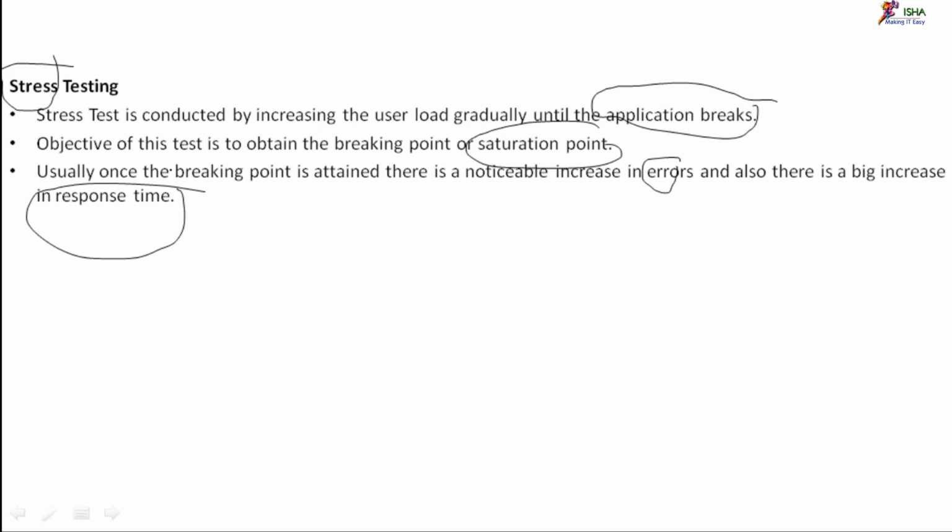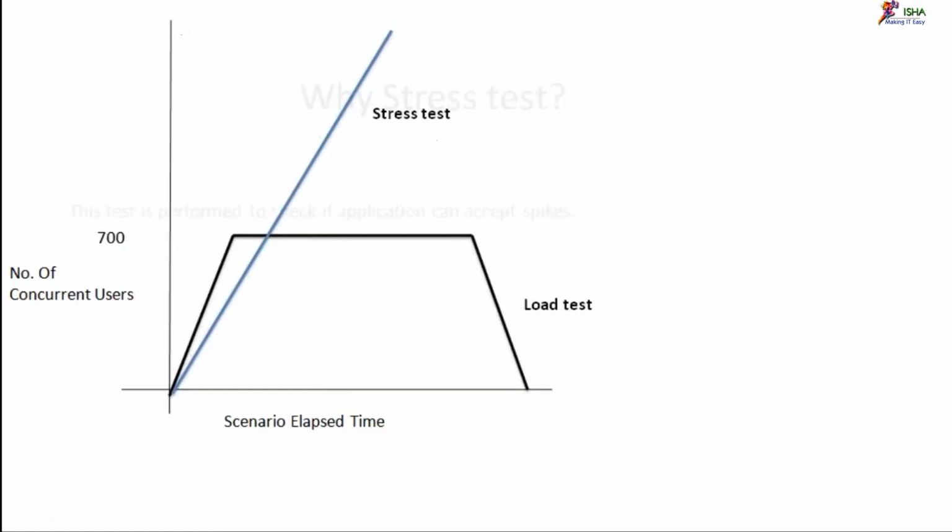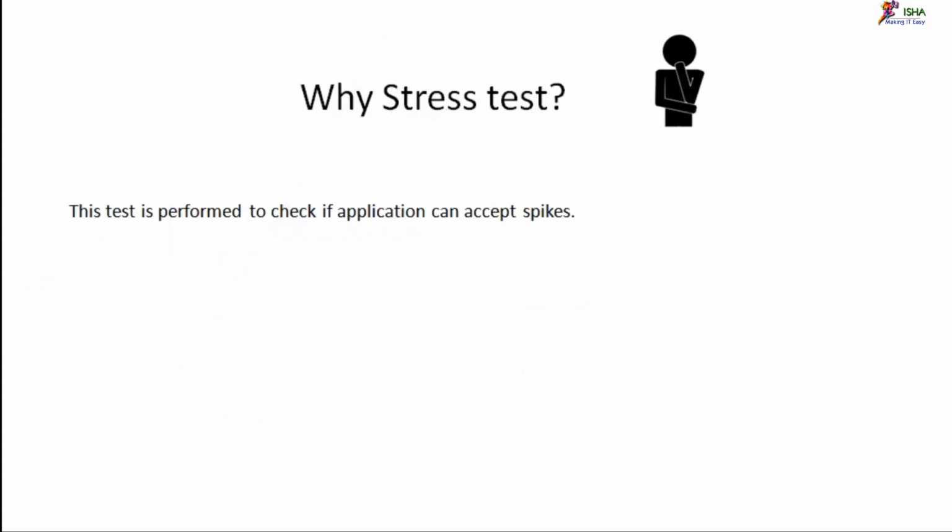Drastically, this is when you know that this is the breaking point. This is the breaking point because this is when the error count has increased drastically. Okay. So now what is the point of the stress test? Okay. So you see that now you can tell the client that with 700 the performance is very good,